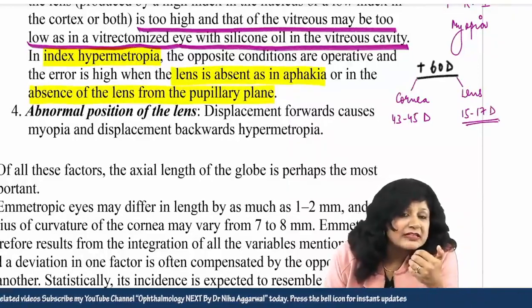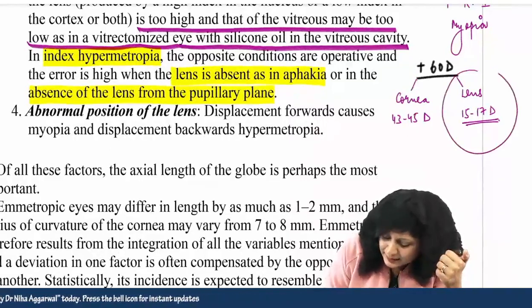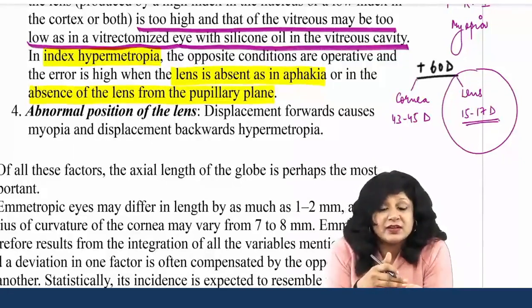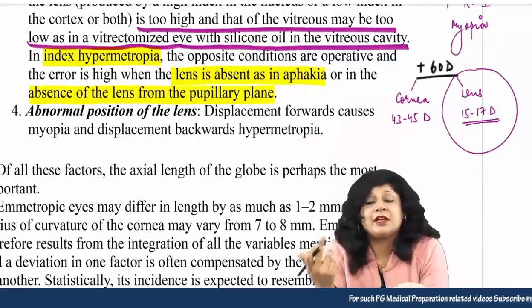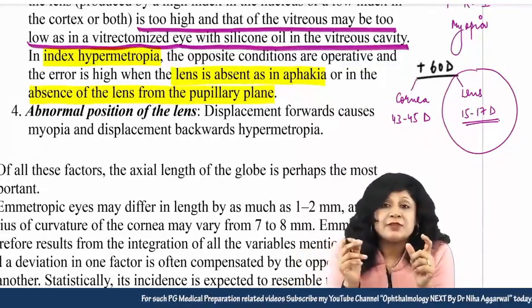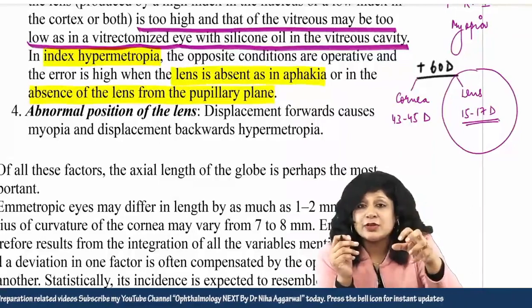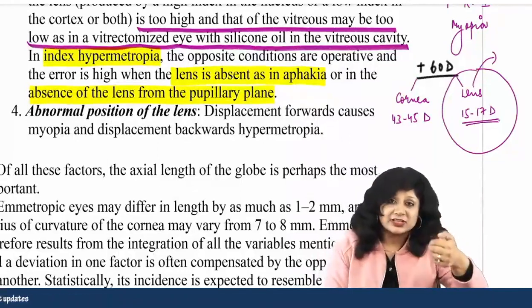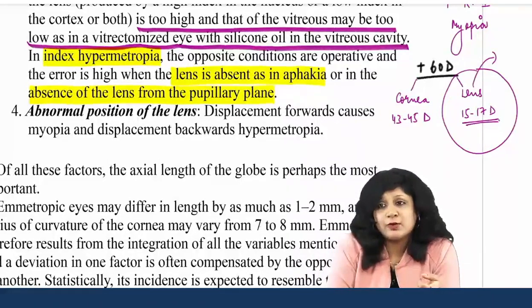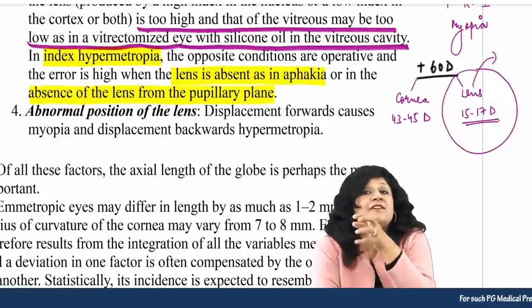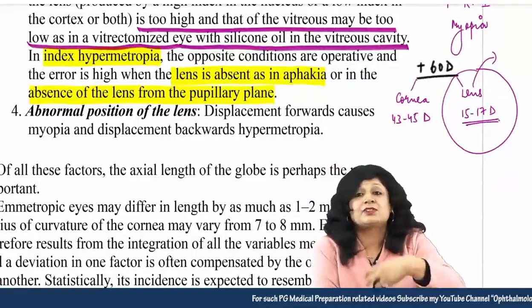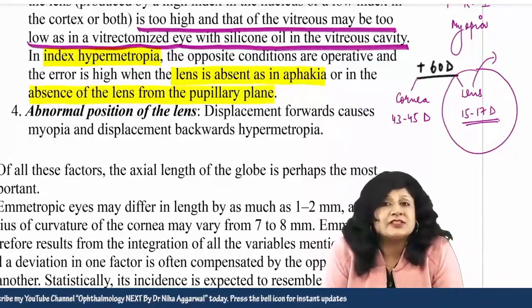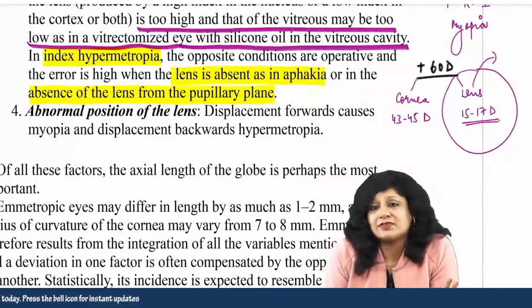So if there is absence of the lens, what is happening? If there is absence of the lens, then 17 diopters will be less of refraction, and therefore the patient will become hypermetropic. If there is an increase in the refractive index, with hardening of the nucleus, the power is increased, and the rays will be focused earlier, so the patient becomes myopic. But in cases of hypermetropia, where I have the absence of the lens, even if the lens is present but not in the pupillary plane, it is as good as aphakia. So there also you will have decreased refractive power, and the refractive status will be hypermetropia.